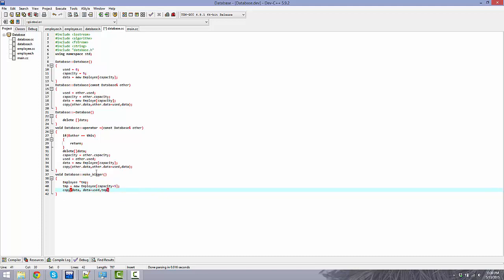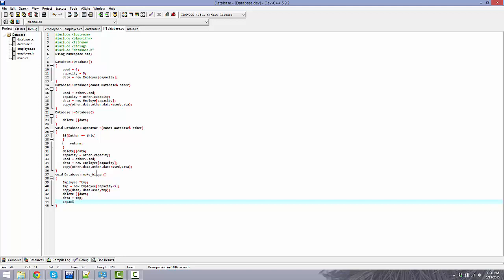Just put all the old information into the new temporary one, delete the old one, delete data. I don't put that inside. Delete data. Data equals temp, which is actually going to use the overloaded equality operator there, so that will work